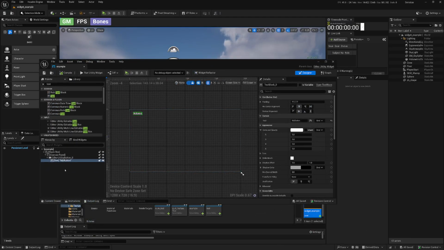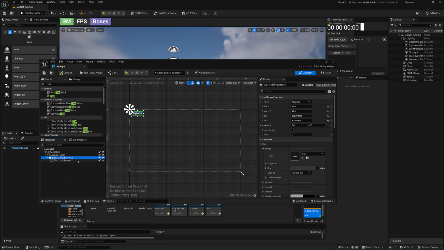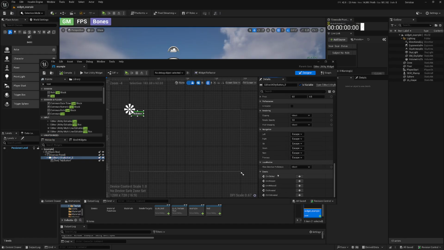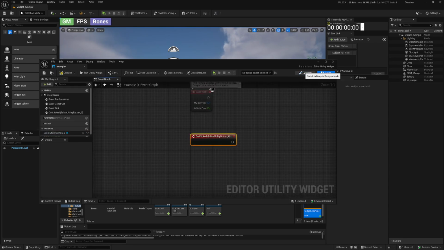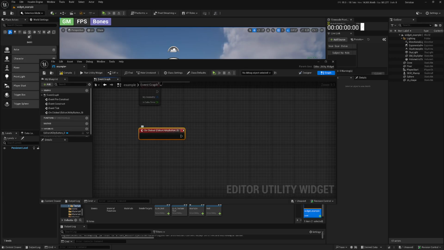So I'm on the button, not the text that says my button, but the button itself. And yeah, I want to do something when that button is clicked. I hit this plus sign, I'm taken from the designer over to the graph view, and on this event, on clicked. And here's where things get